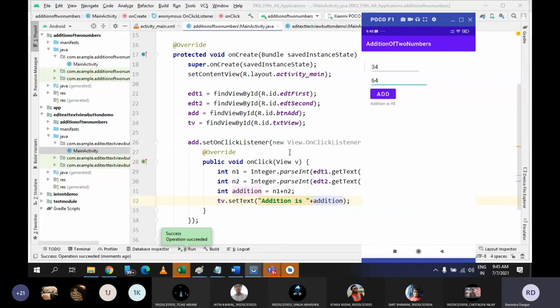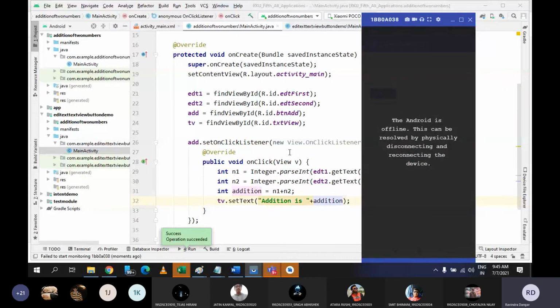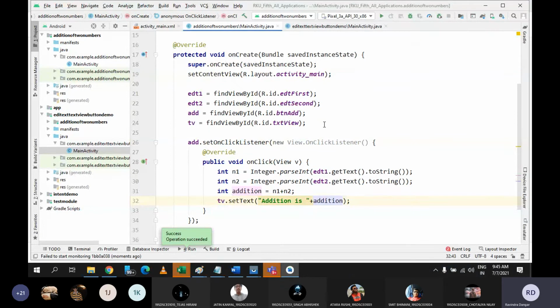Because sir, in between we are using the wrapper class, that's why. No, that is not the reason. But make sure that whenever you use set text or get text method for any control, whether you are talking about edit text or text view, for any control, if you are using set text or get text method, it means that you are dealing with the string values only.